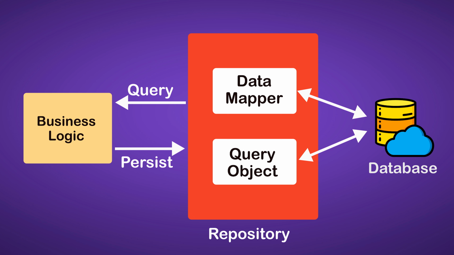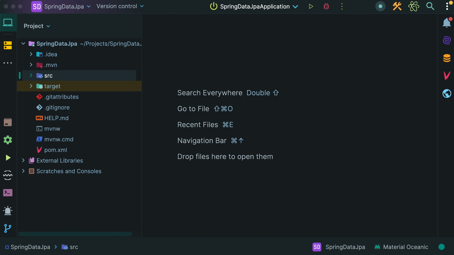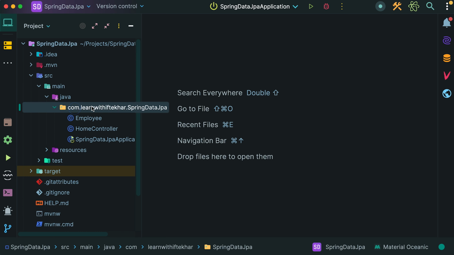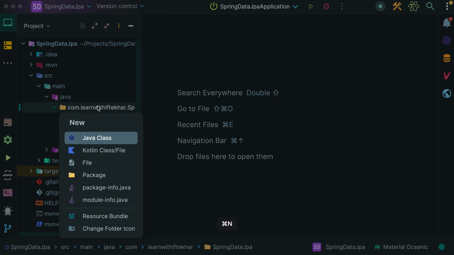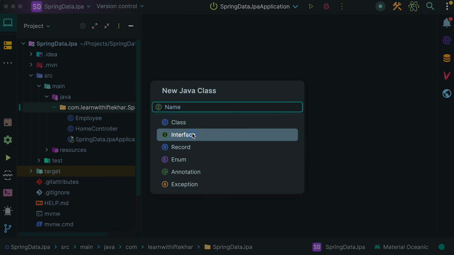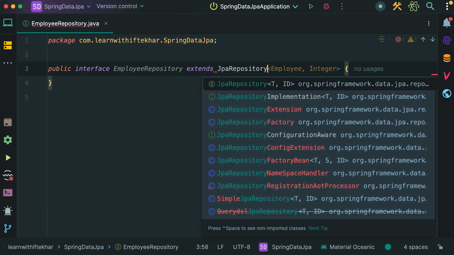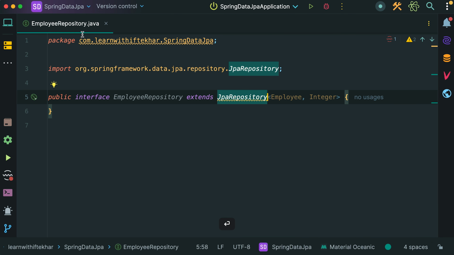Let's start by creating a repository interface. Open the sidebar and go to src, main, Java. In our root package, create a new Java class, but make sure to select interface instead of class. I will name this interface employee repository. This interface will extend JPA repository. Make sure to import it from